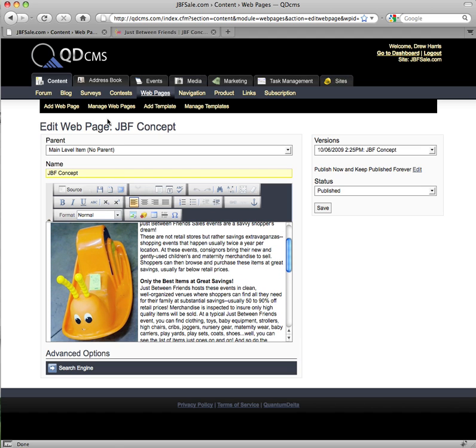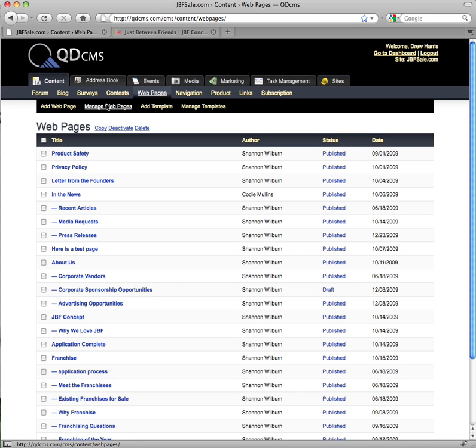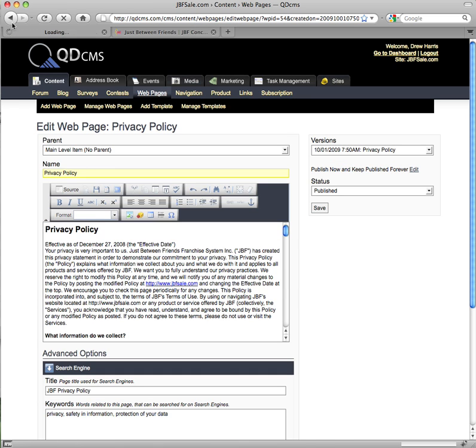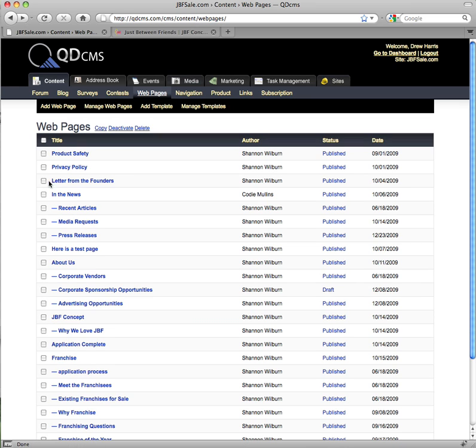Now let's go back to the Manage Web Pages link within the Web Pages module, which will list our web pages for us. There's a few things I'd like to show you here, and that is how each page is listed, and we can click on that page to edit that particular page. We also have checkboxes. So if I click the checkboxes next to any number of these pages, I can click copy, deactivate, and delete. So if I hit deactivate for a particular page, it will change the status of that page